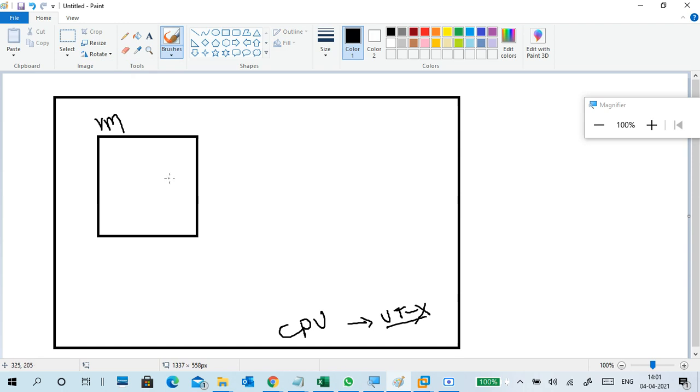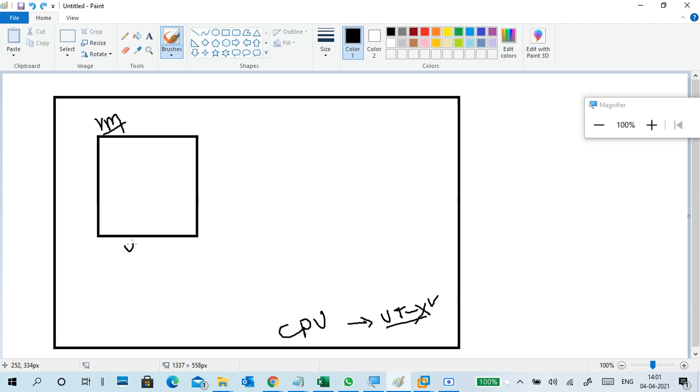How are you able to create and run a virtual machine? Because of this one, right? But what is happening here? A virtual machine is also a machine. A virtual machine is also a machine, right? This is also having a CPU.